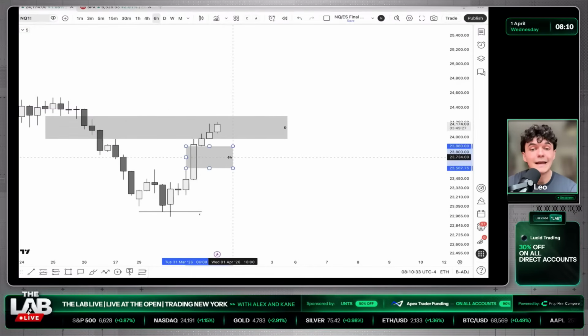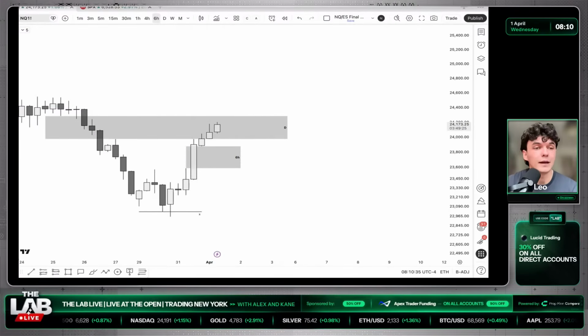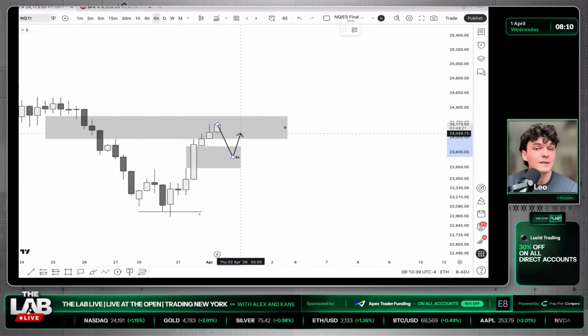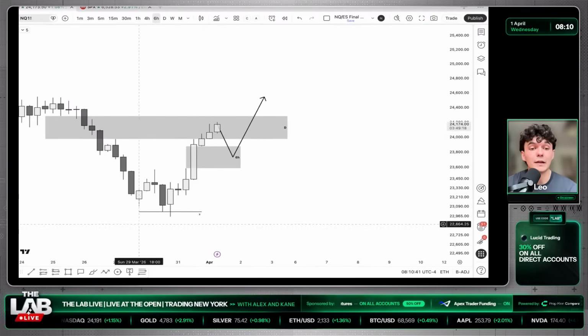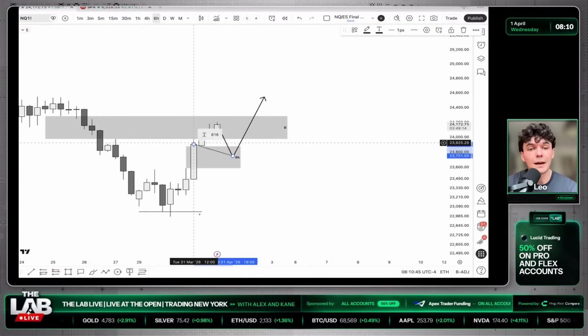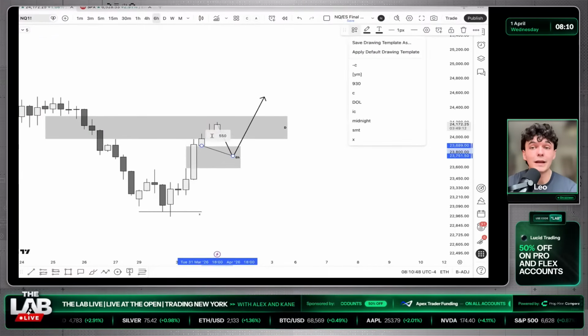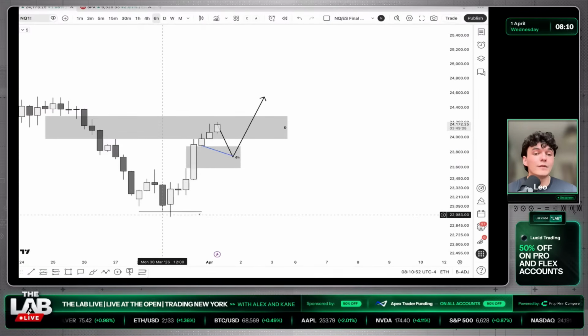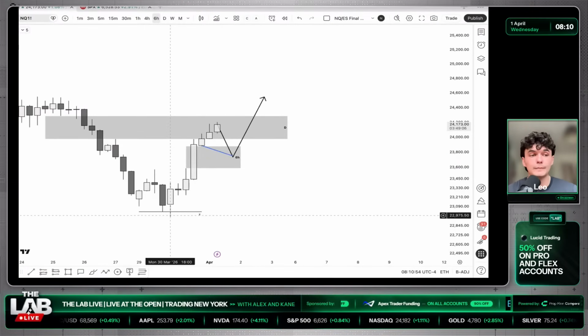So ideally, the profile that I'd like to see as we get into New York session would be a retracement into the 6-hour fair value, form some type of an SMT divergence at these lows here, and then utilize this SMT divergence to find some type of a continuation sequence higher. Because when we look at the framework for this potential trade, we've seen a very strong manipulation occur.